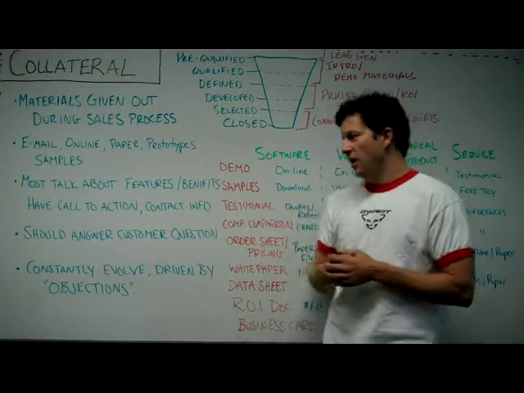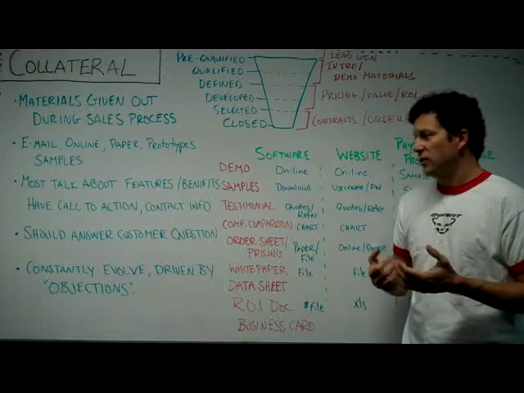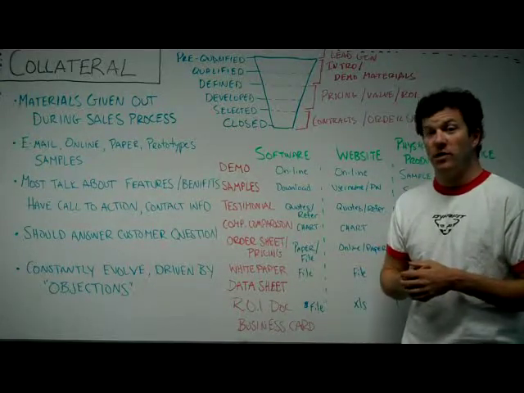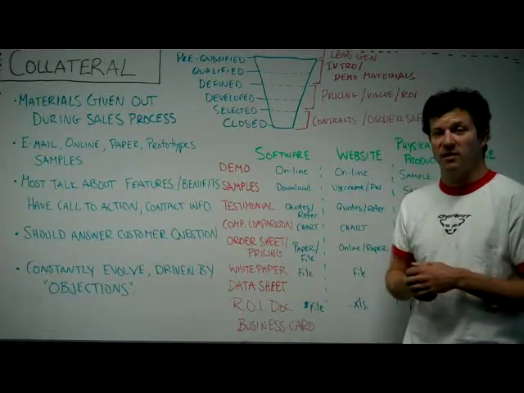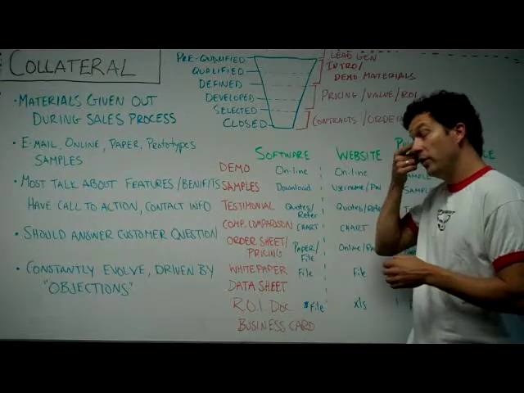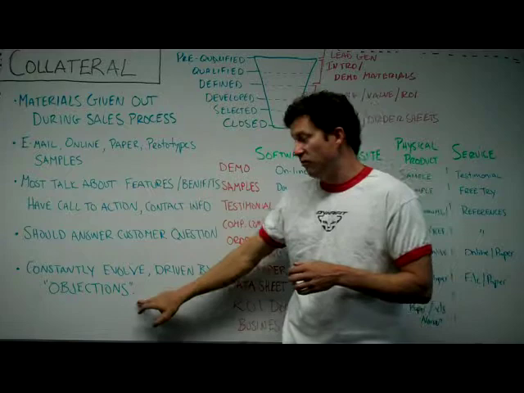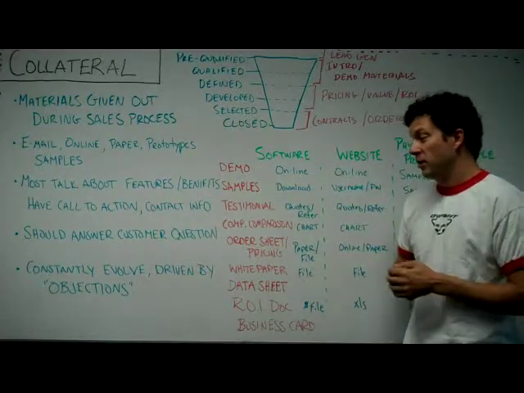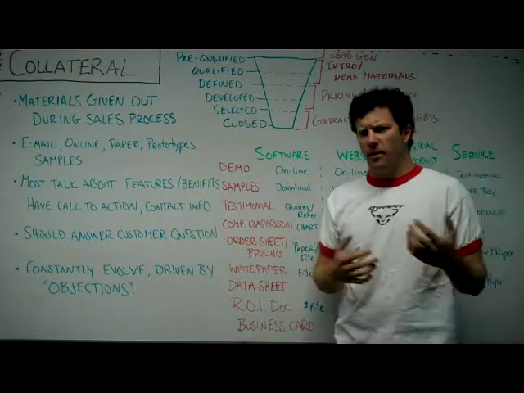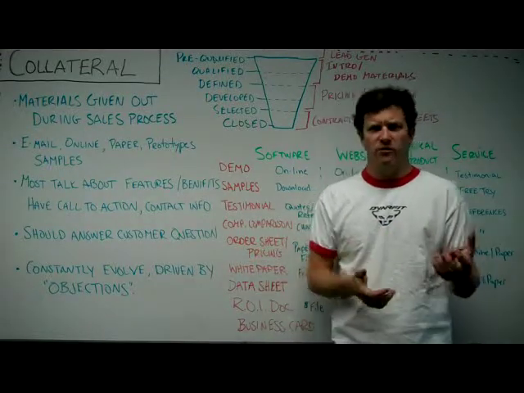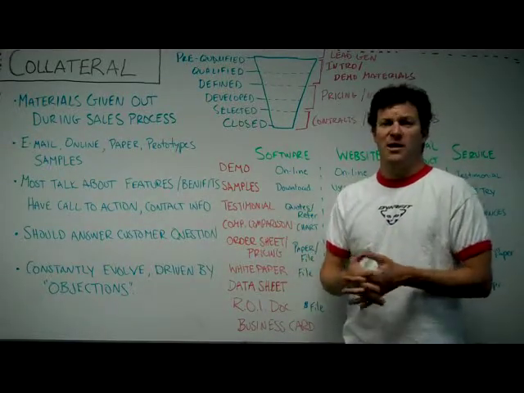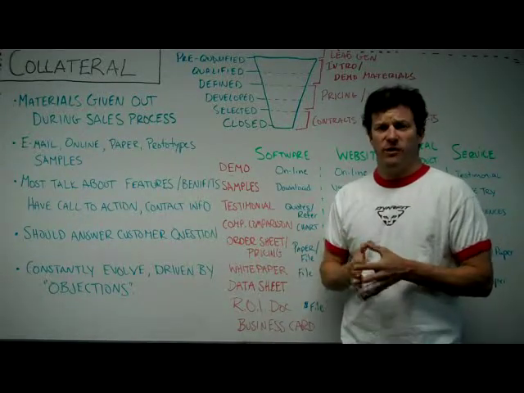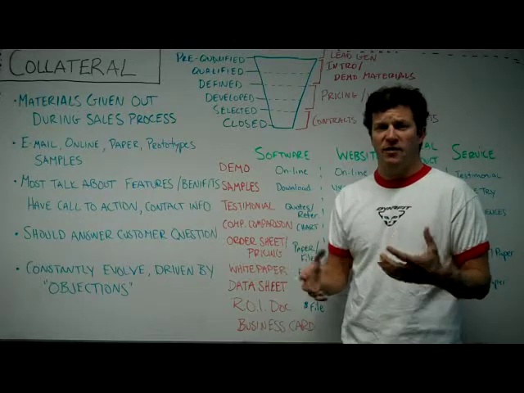Your customers are going to have questions and objections, and these things will evolve over time as you learn more about your customers. Your collateral will be constantly evolving if you're good. And really it's driven by objections, and there's a separate video about objections and what they are. But it's driven by the process of your customers saying, well, what about this, or what about that, or how do you compare to your competitors, or what have you. They'll raise an objection to your product, and then you'll go back and bake that into your sales collateral. So you won't have to answer those questions in the future,